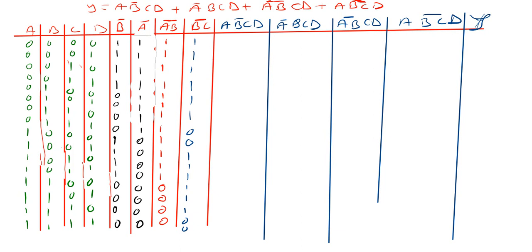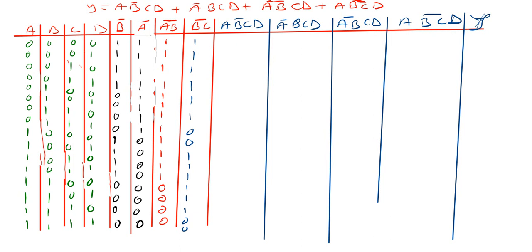So for example, A is 0, BC is 1, and D is 0. When you multiply that, as long as all the terms are not 1, then we get a 0. You will use that method, and when you use that method, you will find that